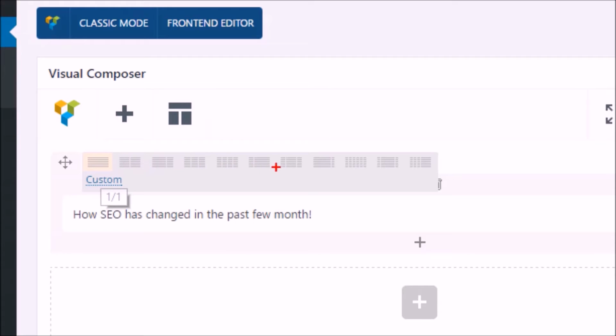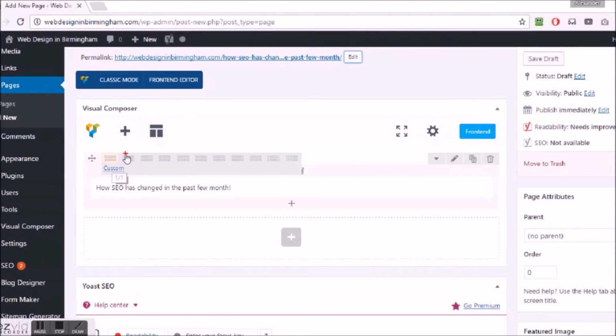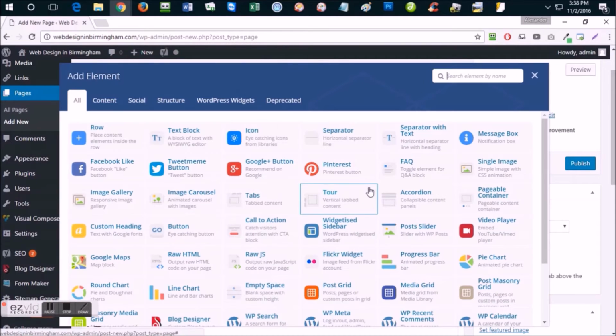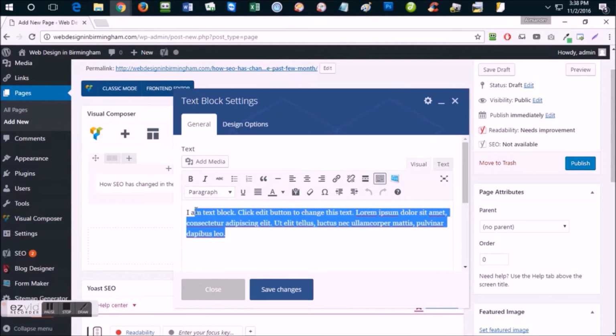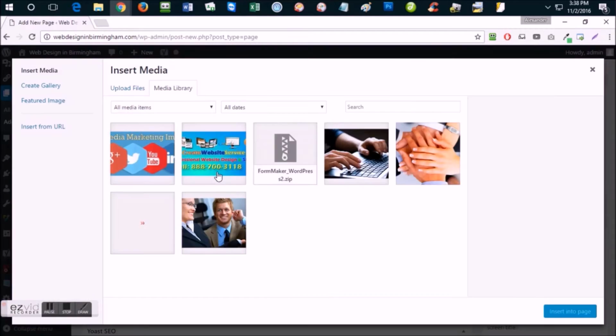If you scroll down on your content, you can organize your content as a layout, whether you want one column, two columns, multiple columns. So you can pick your own layout. So in this case, we'll just do two columns, just to show you that in the first one you can put text, and in the second one here we're gonna put an image through the text section, because I think it's a little bit easier to